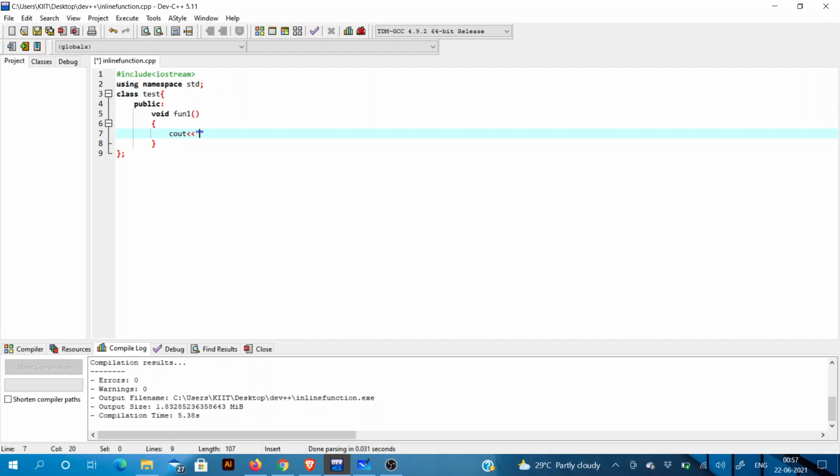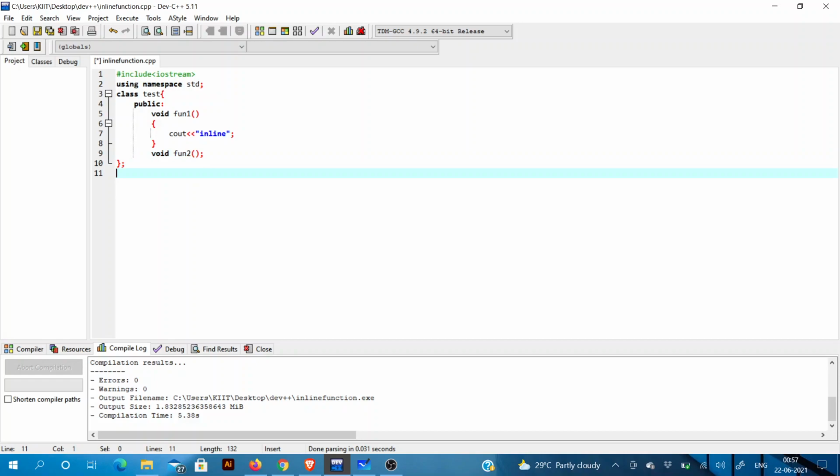See, it is an inline function because it is written inside class Test, and when this function is called, it will expand after the object creation, and the compiler will execute it very easily.